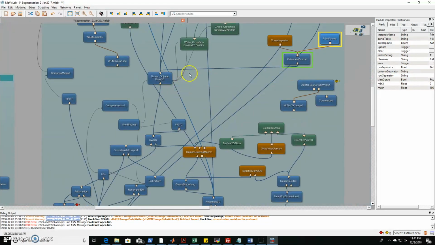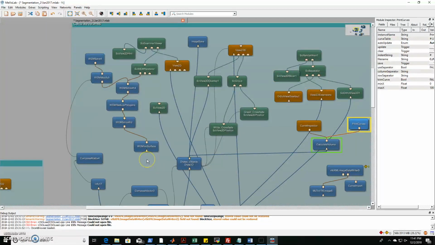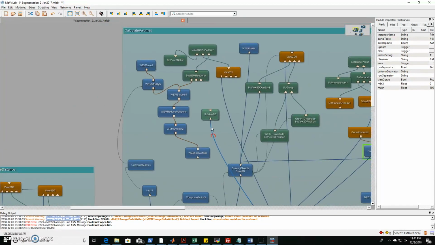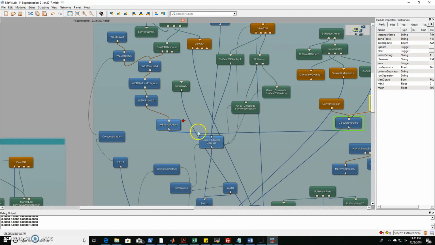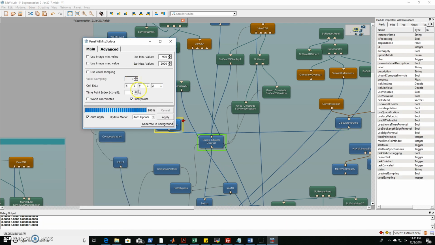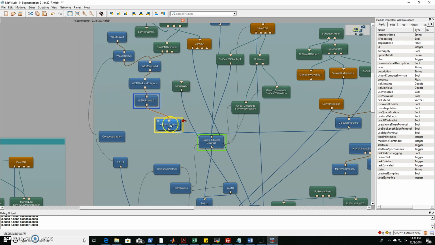So once that is all complete, what you can actually do is generate our 3D surface. To do that, you're going to go over to the left side of the Calculate Volumes box. You're going to see the WEM meso surface. And you can actually take that triangle, drag just like we talked about earlier, and drag it over to the Draw Objects 3D. And if you double click on that, you can pick what exact time point you want. So say 11 and apply. Exit out. And if you hit this square,